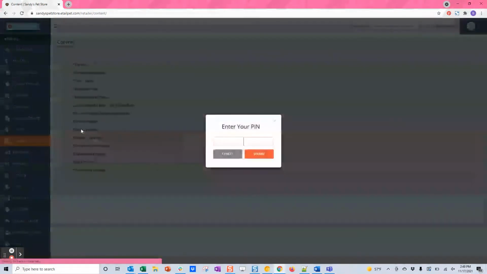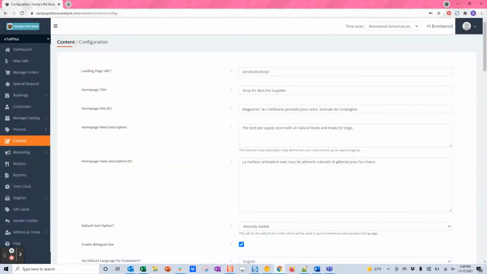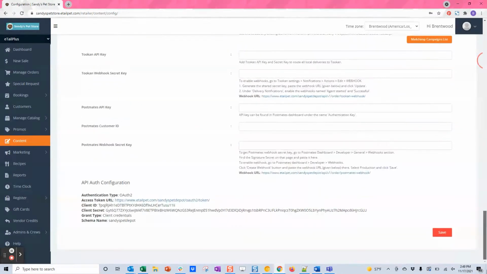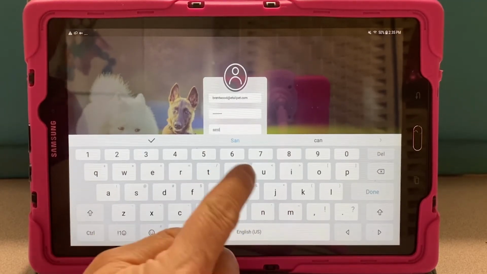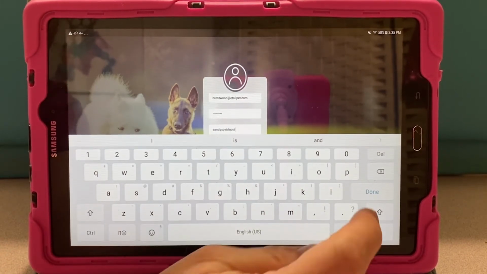configuration page. And when I get that pulled up, I'm going to scroll all the way down to the bottom of the page, and then I'll see down there what my schema should be. So here I already know that it's Sandy's Pet Depot. And then I'll click done